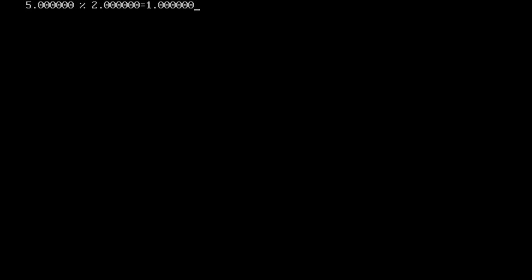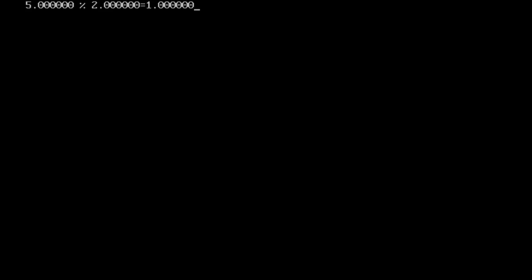Floating point value 5.0 modulo 2.0, the value will be a floating point value, that is 1.0. Why are these extra zeros coming? These are by default from the C programming language. We will get 6 zeros after the decimal point.